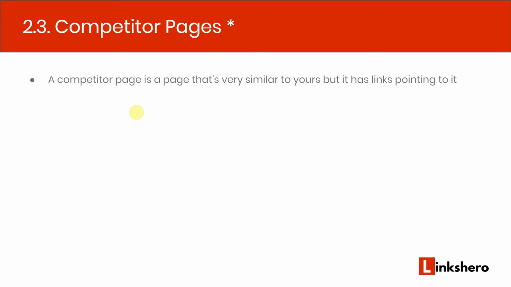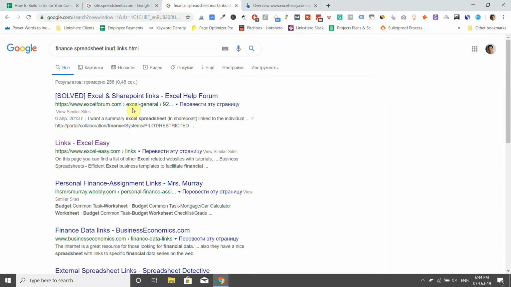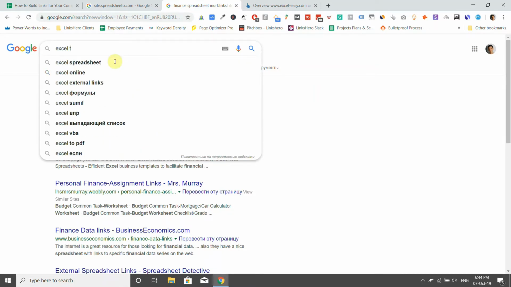And last but not least are competitor pages. By competitor pages, I mean a page that's very similar to yours, so to the page you are trying to build links to on your website. But the only difference is that this competitor page comes with the links pointing to it. So, for example, once we start looking for Excel training,